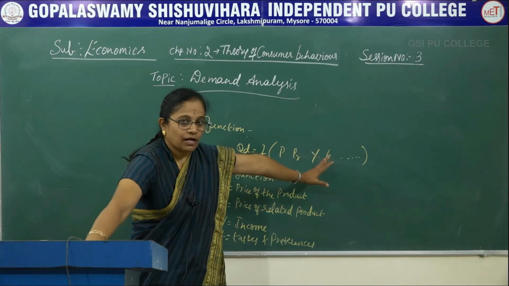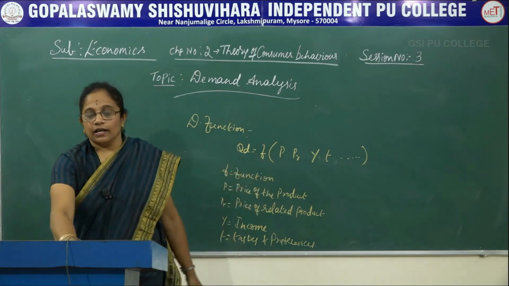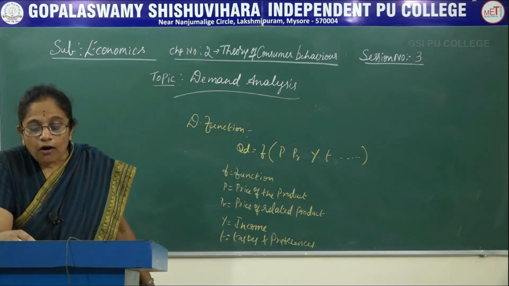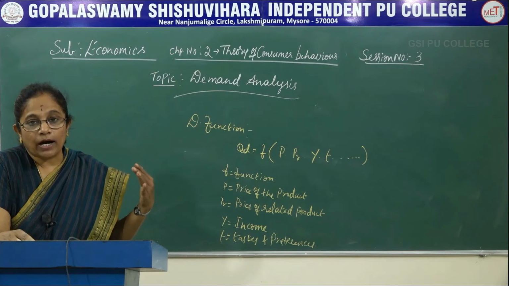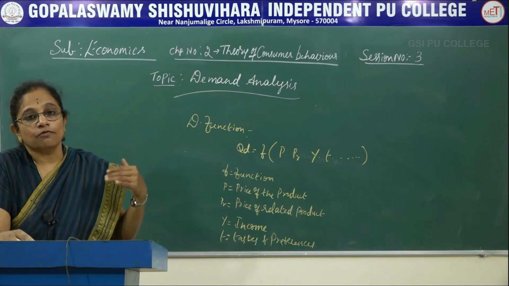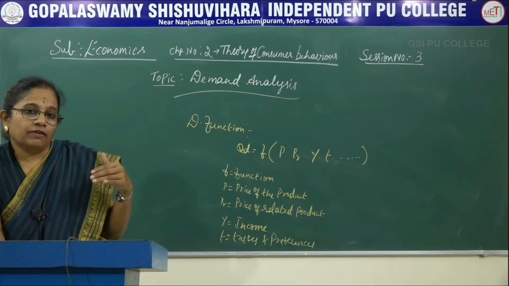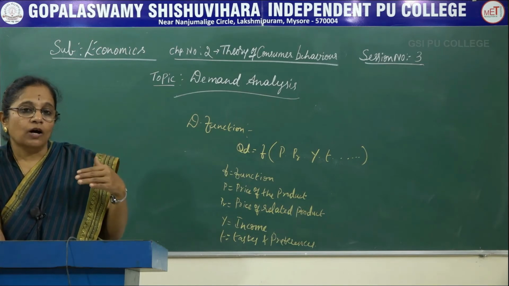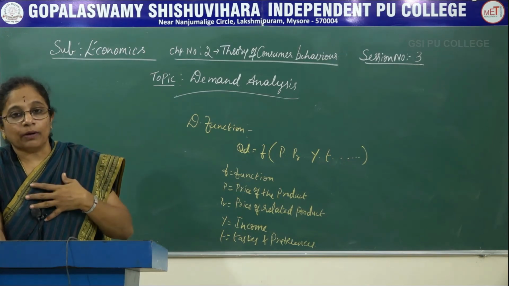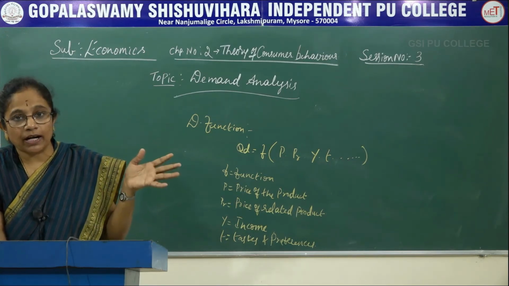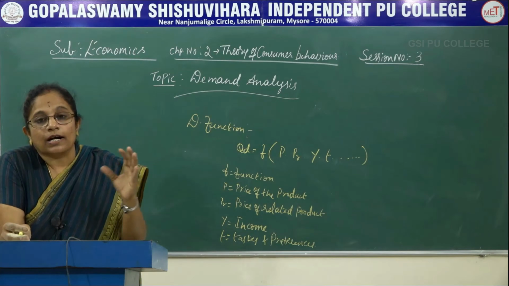All of these being equal, the price of the product may either increase or decrease. If the price of the product falls, it leads to expansion of the demand. If the price of tomato falls from 50 rupees to 5 rupees per kilo, definitely the demand expands. When the price of tomato is 50 rupees per kilo, I am going to buy only half a kilo, but when the price falls, I am ready to buy 10 kilos of tomato. So demand expanded. Likewise, a rise in the price leads to contraction of demand.